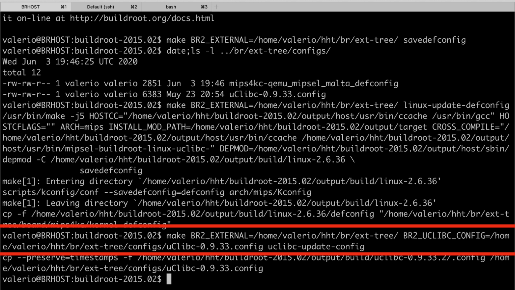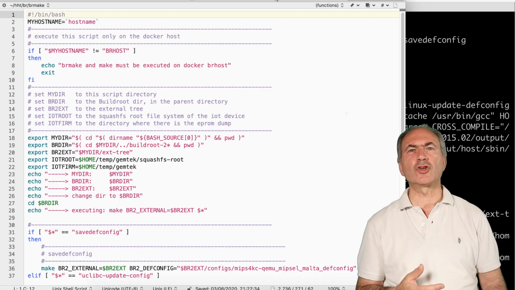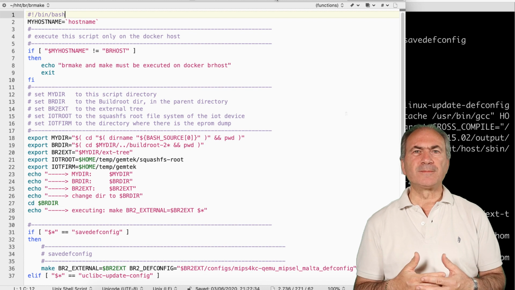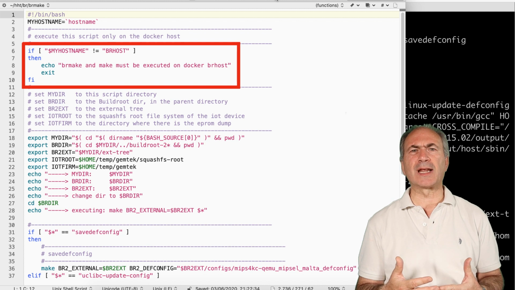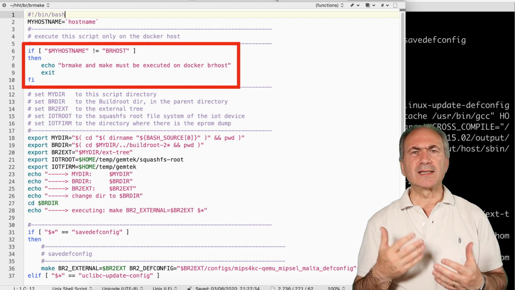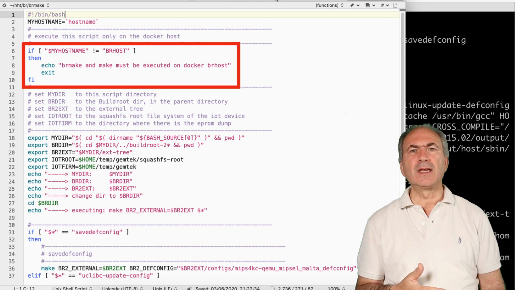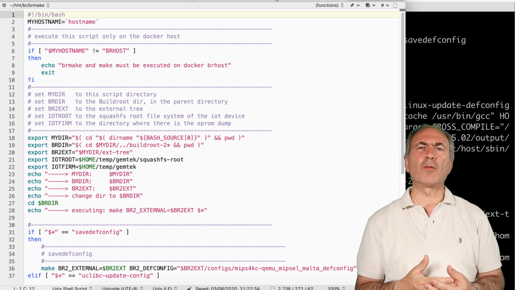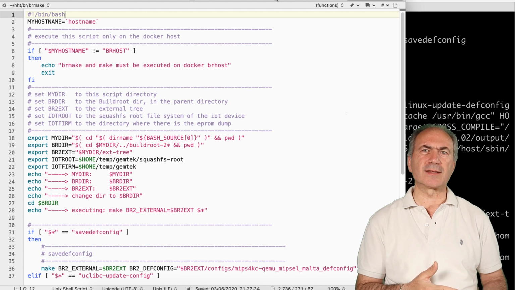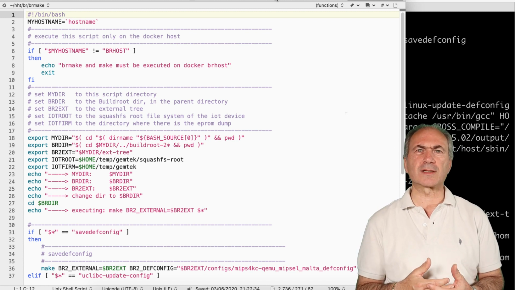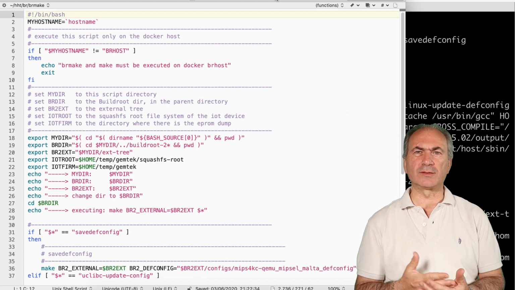To simplify our job, we can write a wrapper script to launch the Buildroot make command as the one shown on the screen, where it will run only inside the Docker container to not mess up the compilation process. Because if we launch this command inside our Linux host, it will run and maybe will compile something before giving compilation errors, but we don't want to have some object compiled with a different GCC version like the one on our host Linux. We want to compile everything inside the Docker container.